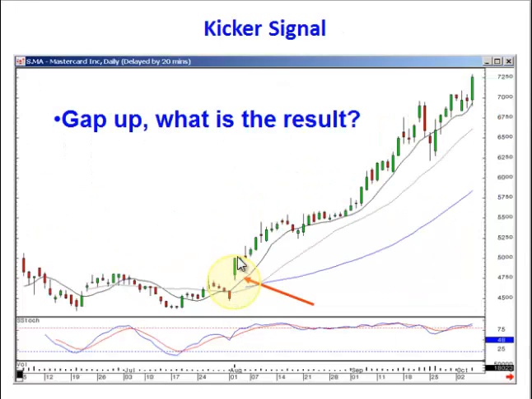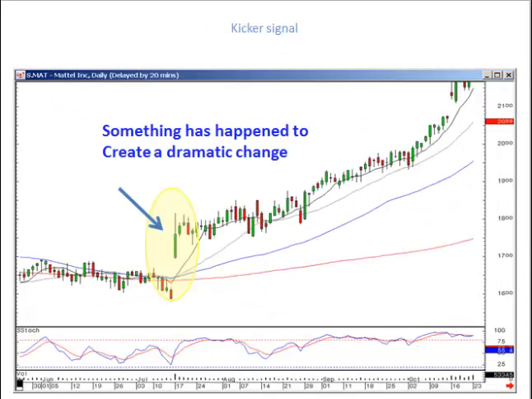And that kicker signal with a gap up, the result is expected. You're going to expect, or you should expect, a very strong price move after that move. This jump from here, gapping up and going this direction, tells you something dramatically changed in investor sentiment, that whatever this trajectory was, you're probably now looking at a very strong trajectory to the upside. Just keep in mind that there's very rarely something that will gap a price up that dramatically and not have some follow through.